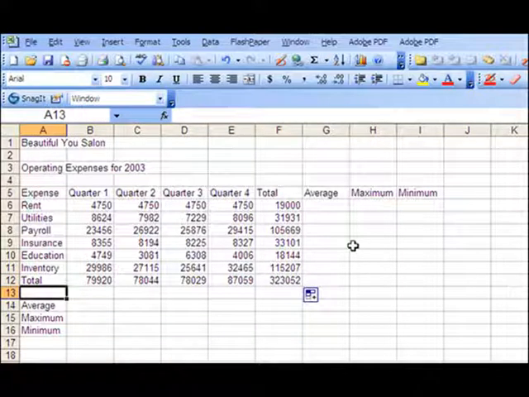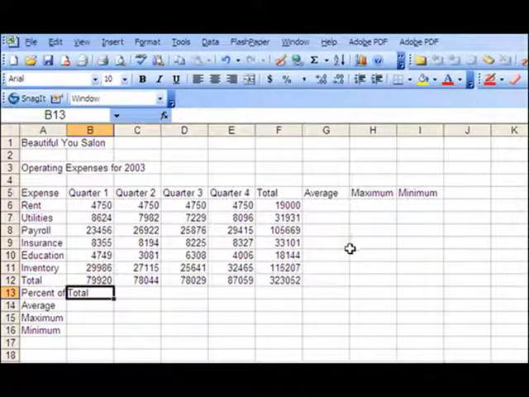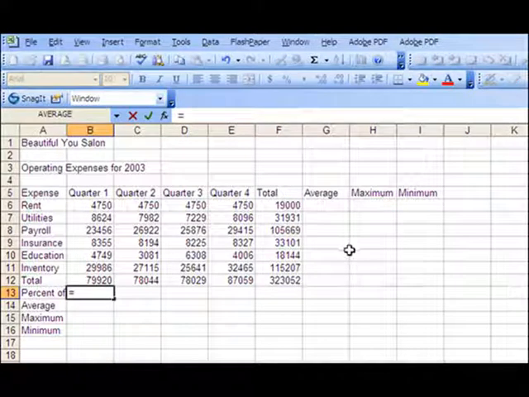Now we need to insert a label into row 13, which is percent of total, and then I press my tab. Here we need to set up a formula. Formulas will always start with an equals. So I press my equal sign, and then I point and click at my first part of the formula, which is B12, and then I use my algebraic symbol for division, which is a /, and then I click on my grand total, or the total, which is